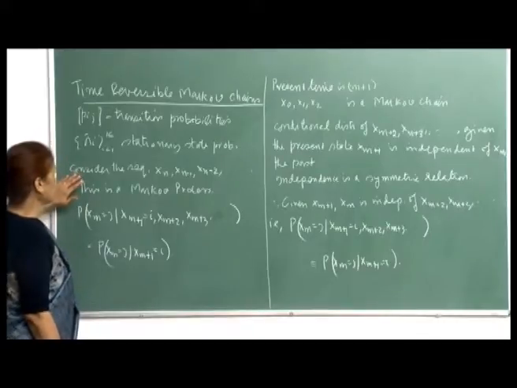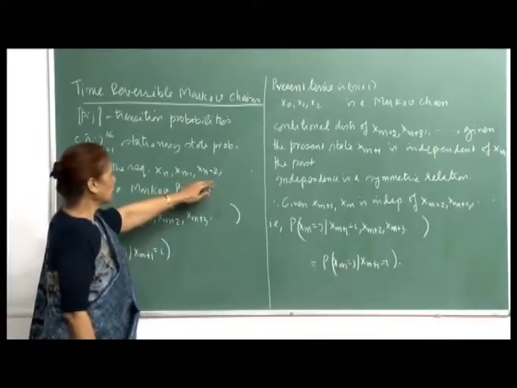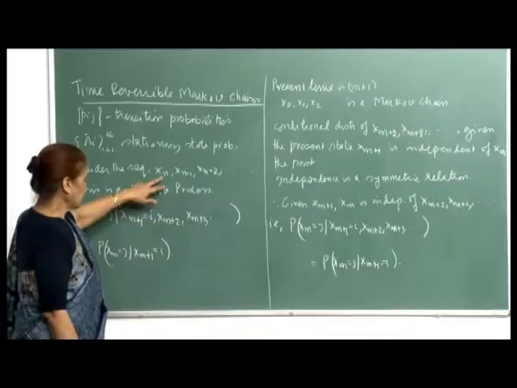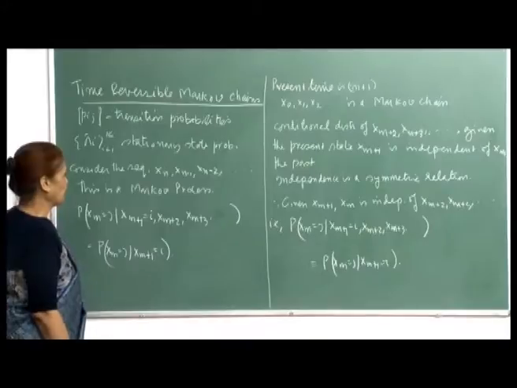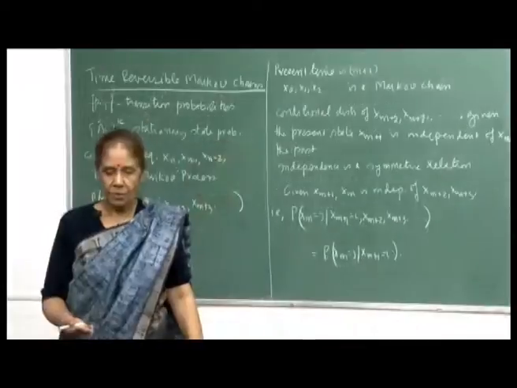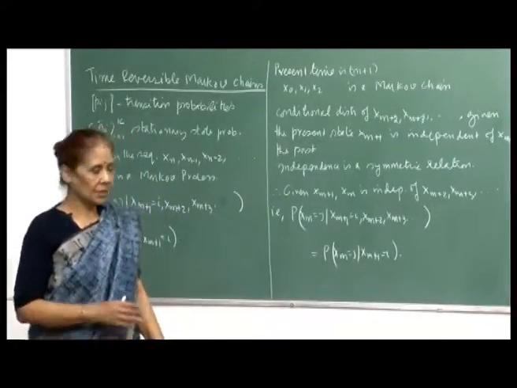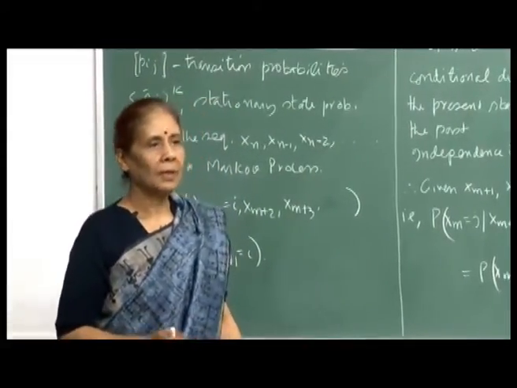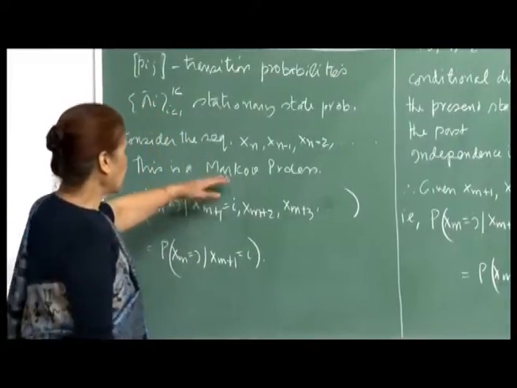Now consider the sequence in the reverse order. So, this is x n, x n minus 1, x n minus 2, and so on. At this point of time, you are looking backwards at the process. Now, we will show that this is also a Markov process. This is the interesting part: when a Markov process is going on, and at some point you want to look backwards and see the transitions, the sequence will also have the Markov property, and so it will also be a Markov chain or a Markov process.